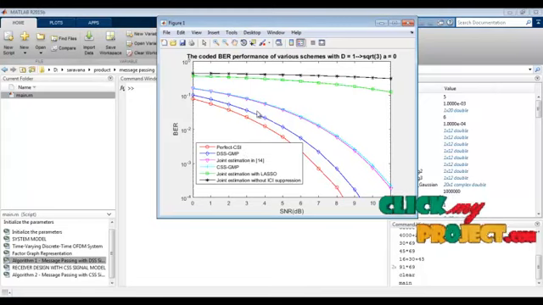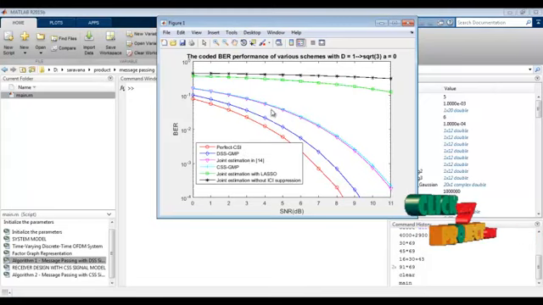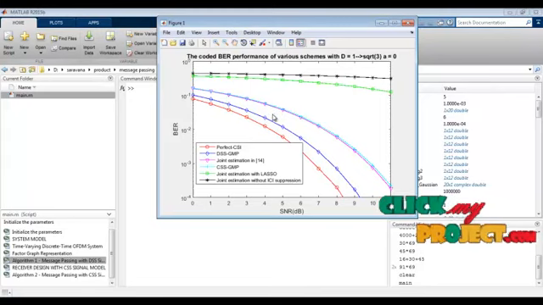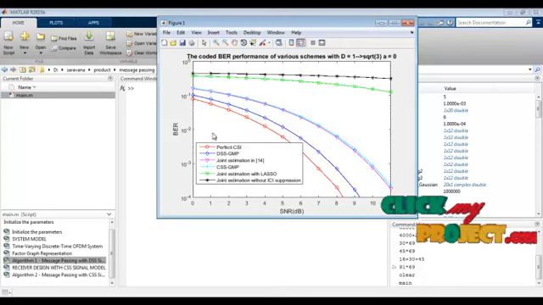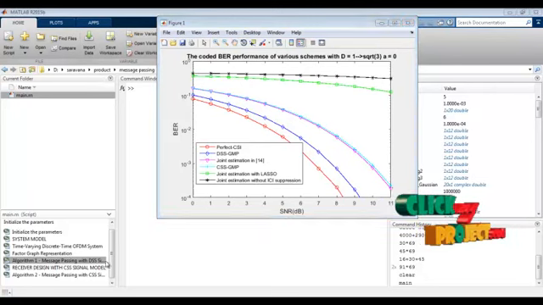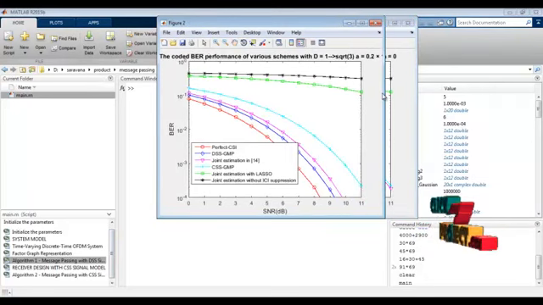We can consider this blue line compared to this pink line. The pink line is the existing one, and we have proposed the system for this discrete state space model for our signal state of Gaussian message passing technique. So this is the performance plot of these comparisons.